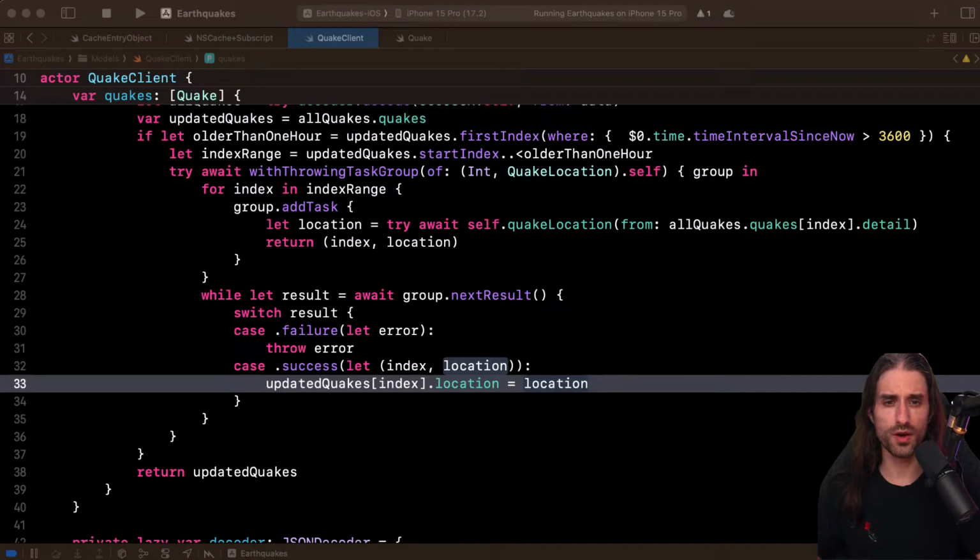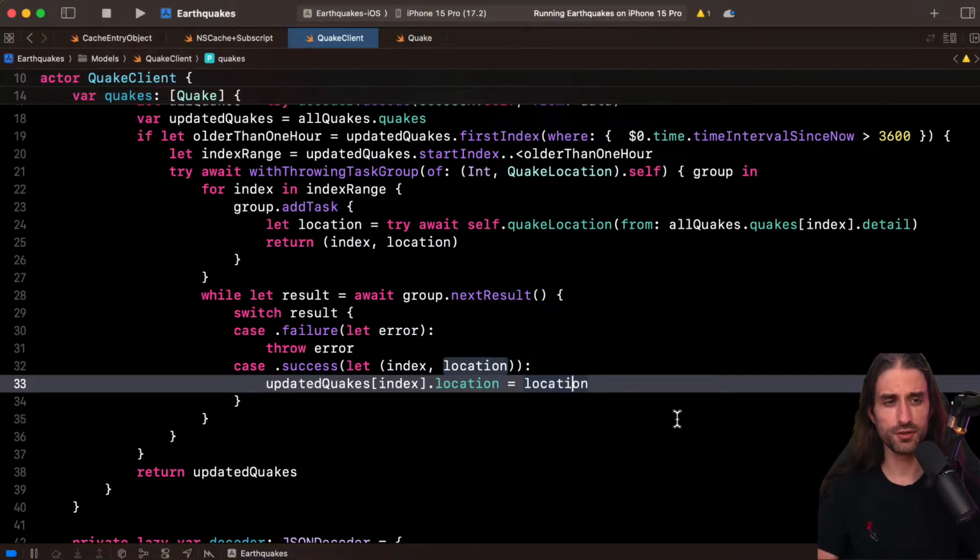In this example, what we are fetching, I guess, is immutable data. Once an earthquake has happened, it has happened, and it's not going to change. So it's a special case of caching where you get a lot of benefits and you don't have to deal with a lot of the drawbacks because the data you are fetching is immutable. But that's a very good question. Thank you for asking it.